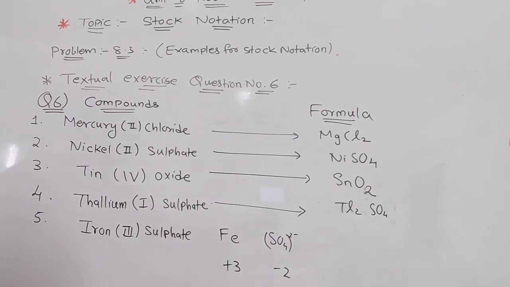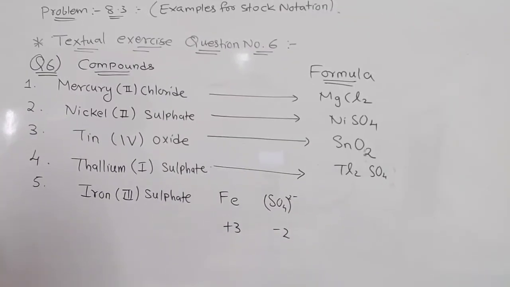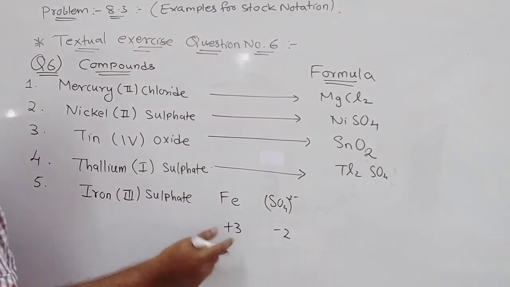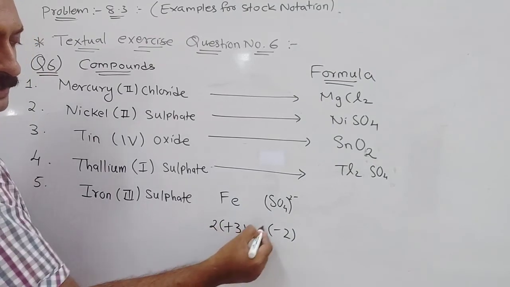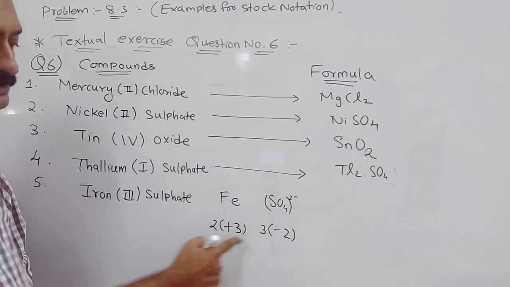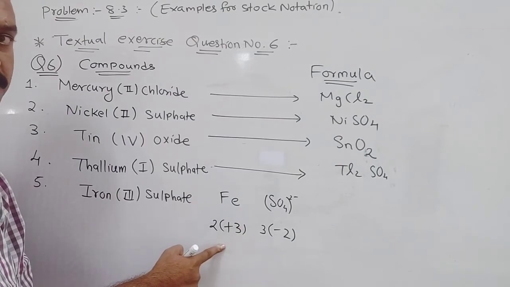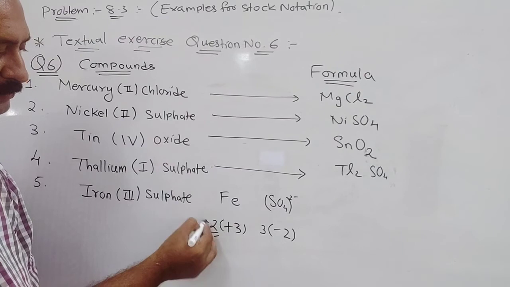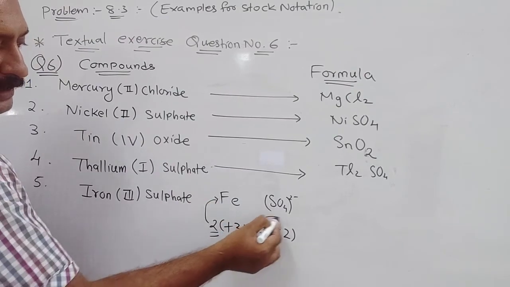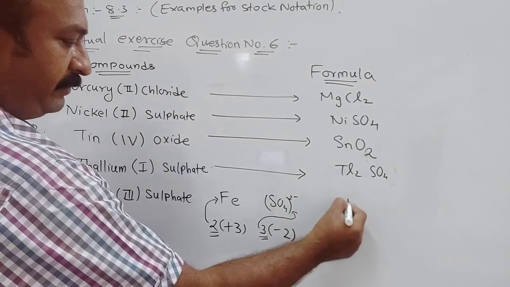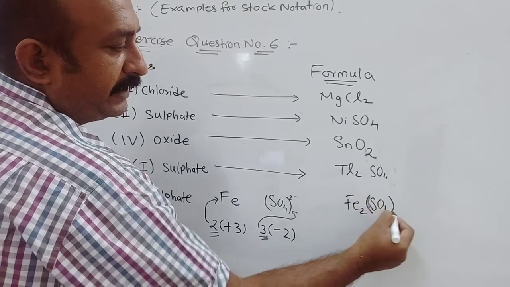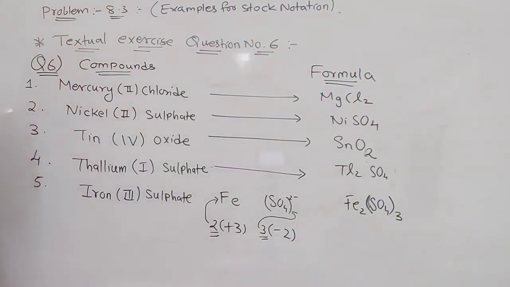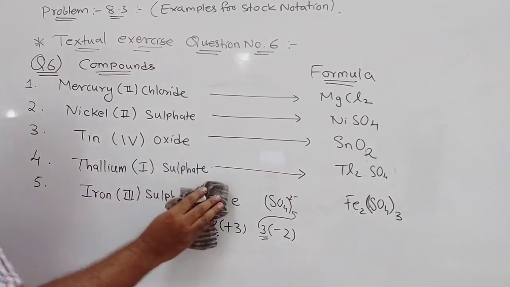Understood? Now in this case you must have studied linear equations. Now here if you see, to make it the same I have to multiply both. This one I will multiply with 2, and this I will multiply with 3. So -6 and this will be +6. Understood this part? So what will it be? What I multiplied, I will write with Fe. What I multiply here, I write with SO4. So the formula will be Fe2(SO4)3. SO4 is a polyatomic ion, so I will write it in brackets, and outside the bracket I will write 3. So Fe2(SO4)3 is the formula for iron 3 sulfate. Understood this part? Then the next one.